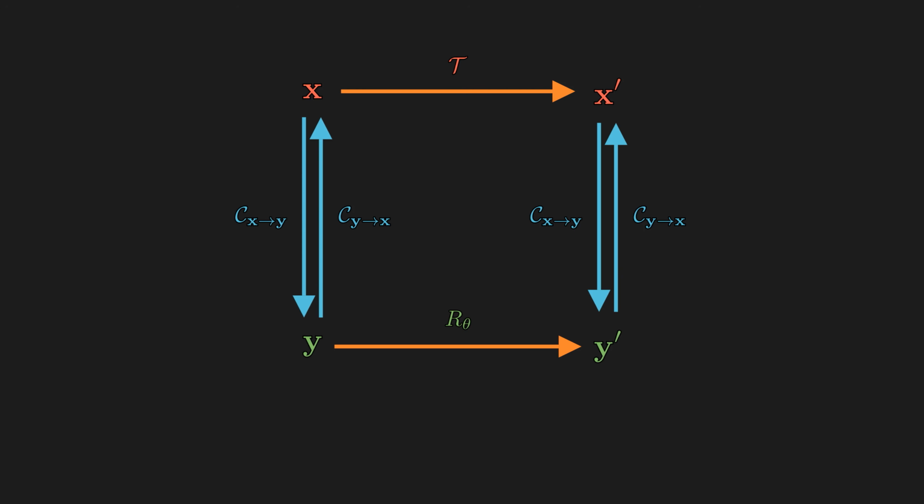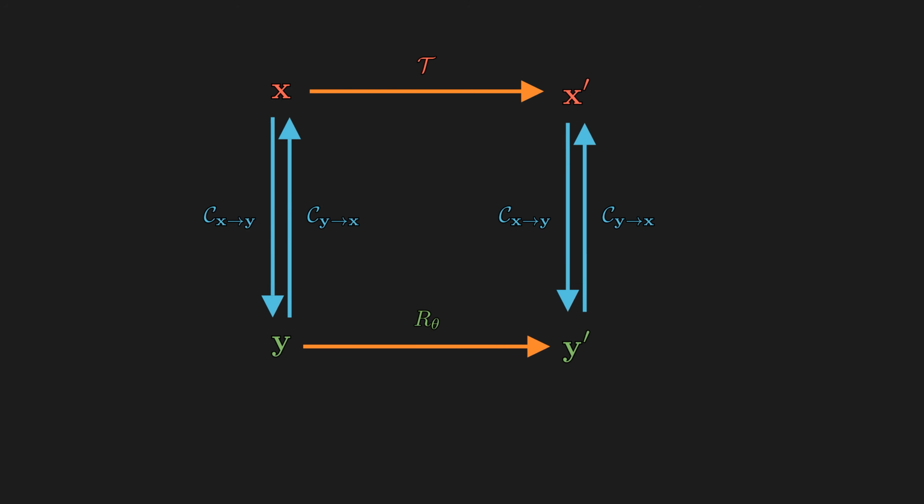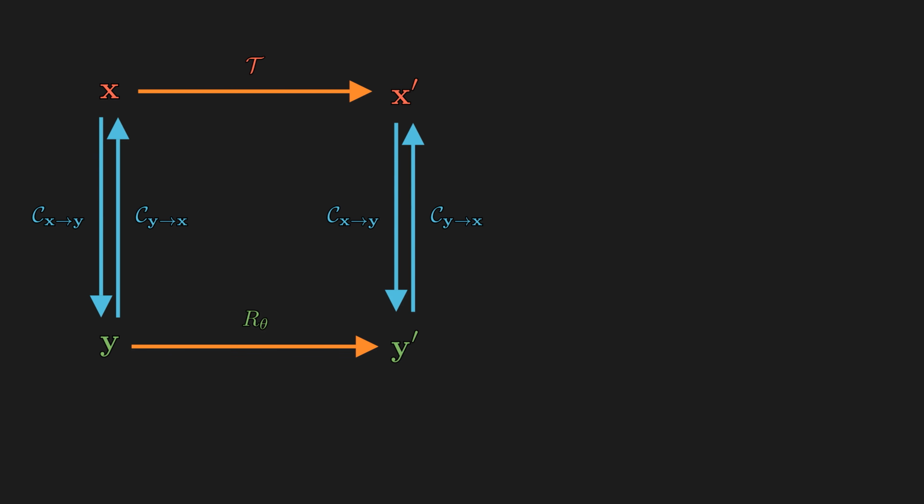can compose them. So if we follow our diagram starting from x, then move down, then right, then back up, then we end up doing exactly the same thing as doing t. And if we really wanted to, we can describe what simple rotation would be for y's coordinate in terms of t by following the arrows up, then right, then down.